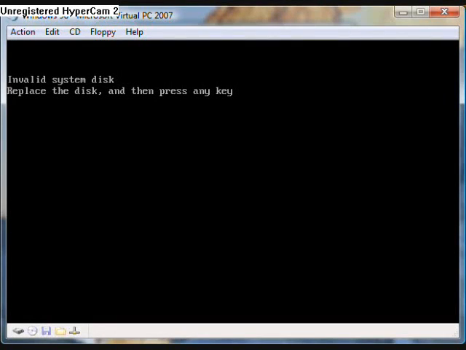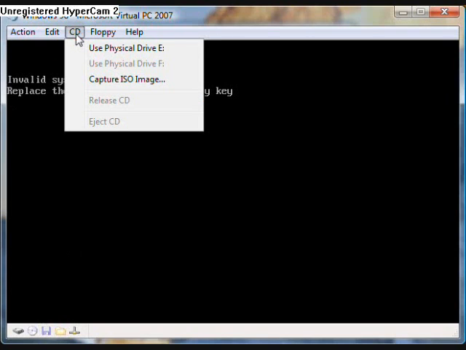Hello, today I'm going to show you how to install Windows 98 on Microsoft Windows Virtual PC 2007. First, create a virtual machine for Windows 98 and a virtual hard disk for it. Then go to CD. In this video, I'm going to boot from the real CD, so I'm going to use